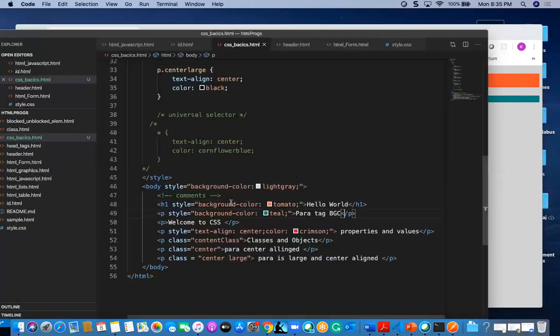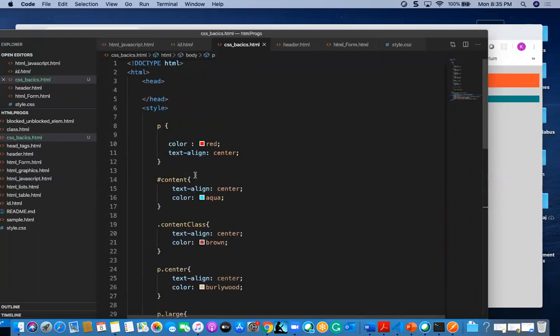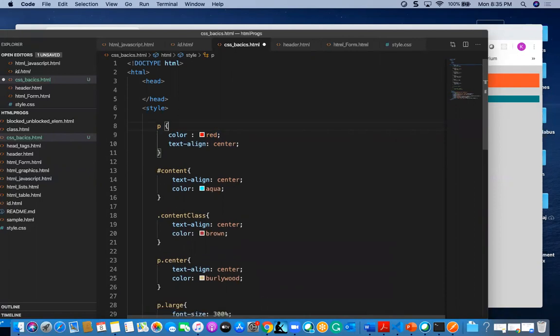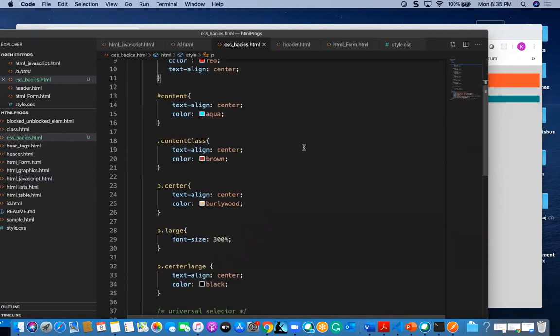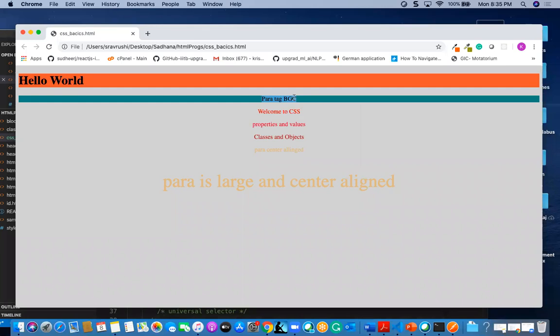Why am I getting a red color here, since I am not giving the red color? It is taking red because above I have mentioned the red color. That's why it is taking the default color as red here, right?